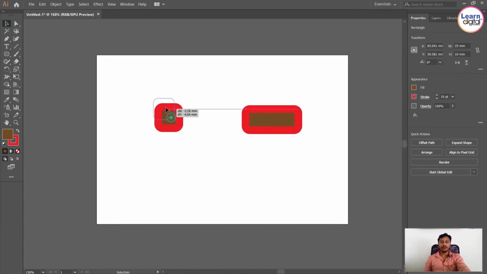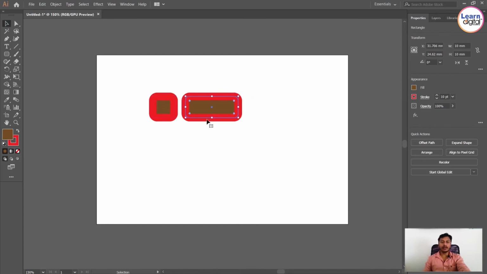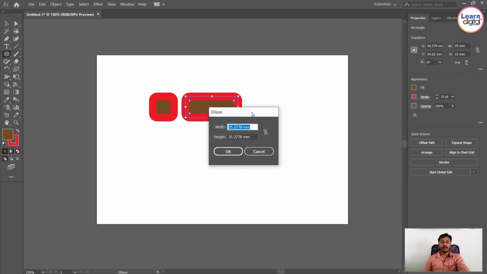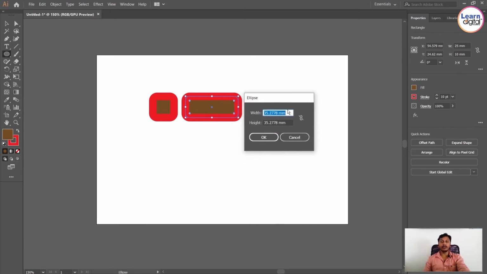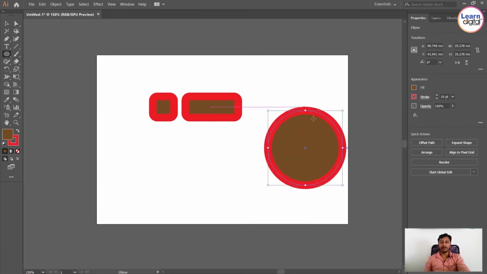If you need exact measurements of any shapes, select that shape tool. Instead of drawing, just click on the screen. A property dialog will open. Ellipse, width 35, height 35. That means you will get a perfect ellipse over here.